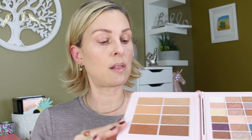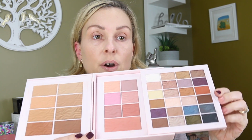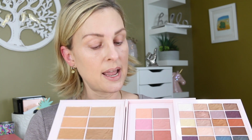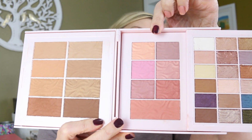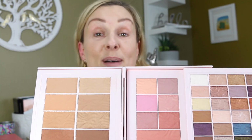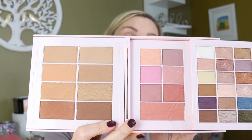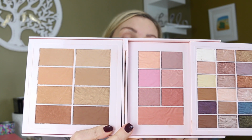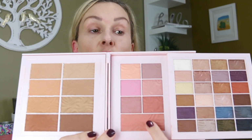And so then whenever we go to the other side, you just close this side up, and behind the side with your shades for your eyeshadows, you do have, again, the 7 blushes. And for these blush shades, like I said, you can't always find these shades in the store. So I am just thrilled because you get Natural Glow,